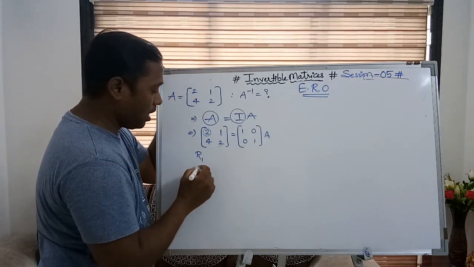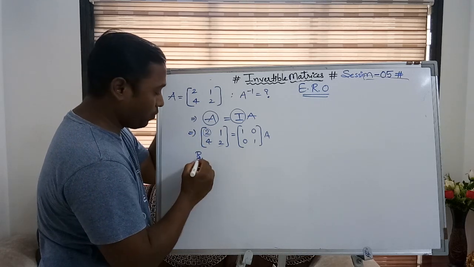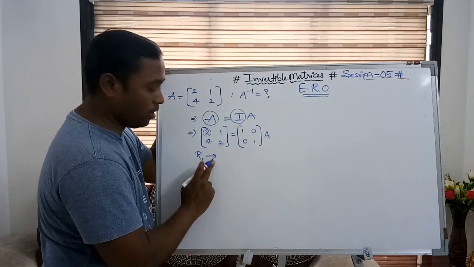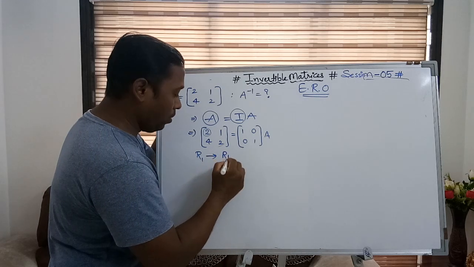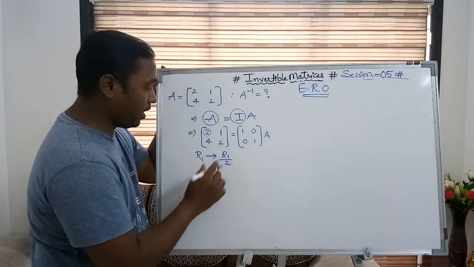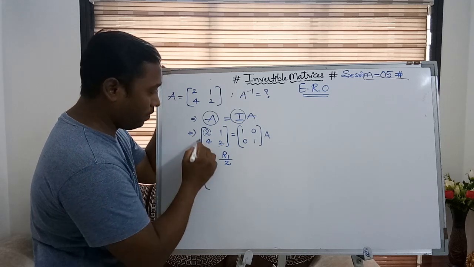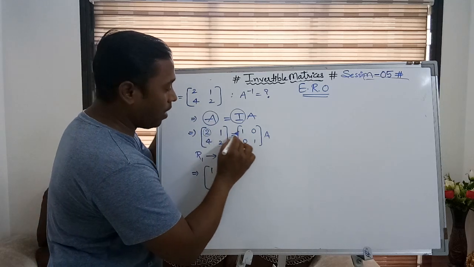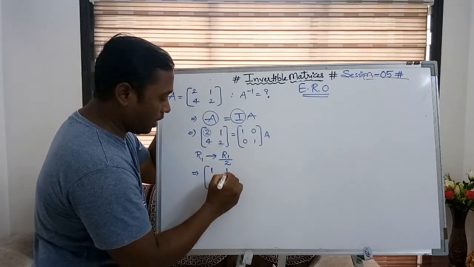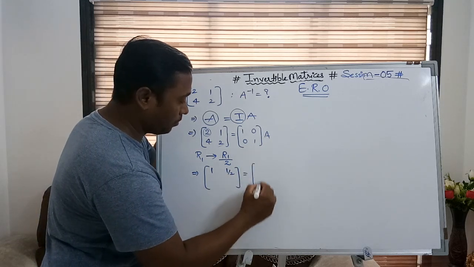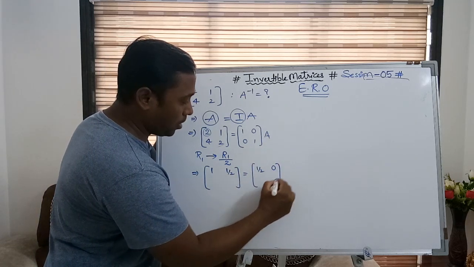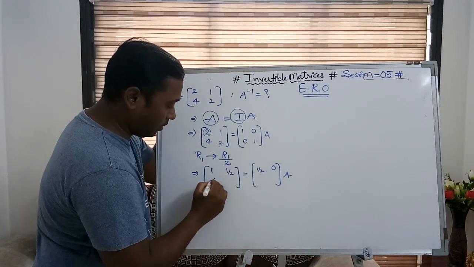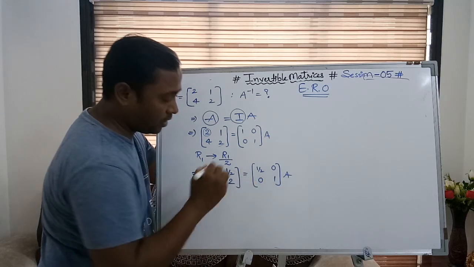So what I am doing here, I am going to change the R1 element. That's why I am writing the R1 operation. Always you have to write like this only. R1 is going to change, like R1 is divided by 2. If I do that, you will get 1 here. 2 is divided by 2, and every element of R1 is going to be divided by 2. So now I can write it as 1 by 2, 1 by 2, 0 by 2 is 0 only. If I do the R1 operation, R2 will not change. That's why the second row elements remain the same.